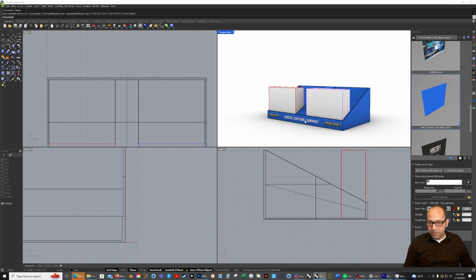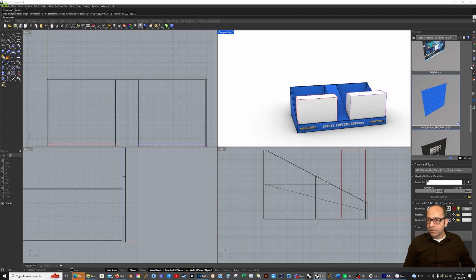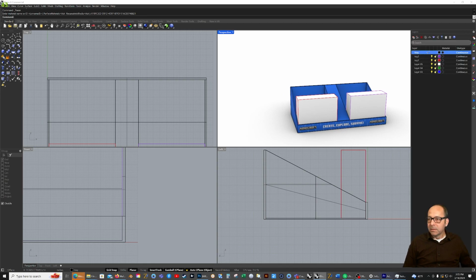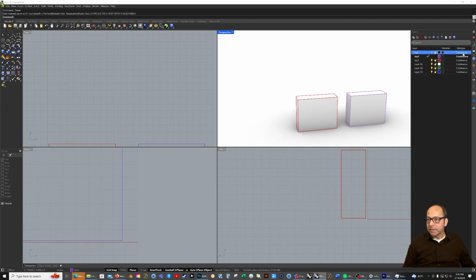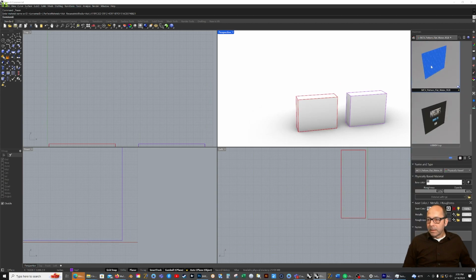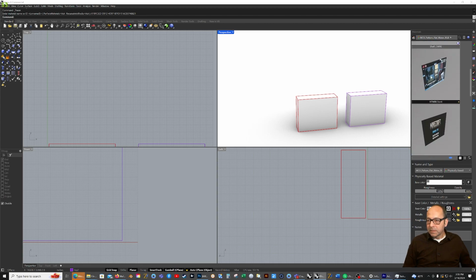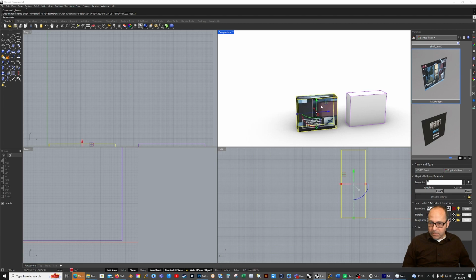Now we just have to do these 2 toys. Now if I want to, I can go hide the tray. So might as well do that. Now the first toy is going to be this one. So I want this to be mapped on the whole thing, because on the sides that I'm not going to apply a map, I want this to look like it's just getting pulled back. So drag that on there,